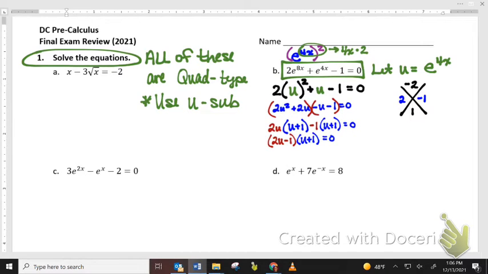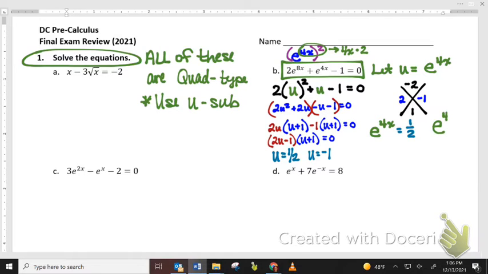-1 and 1/2. Am I done? Because what is the goal of the problem? Not to find e. E is an established value. To find x. So I'm going to take what we let u equal and substitute it back in. So I have e to the 4x equals 1/2